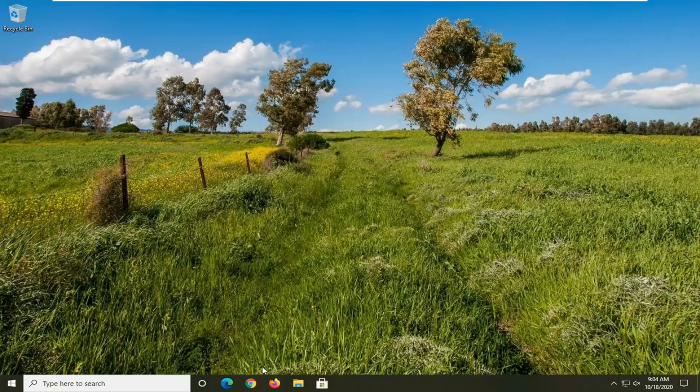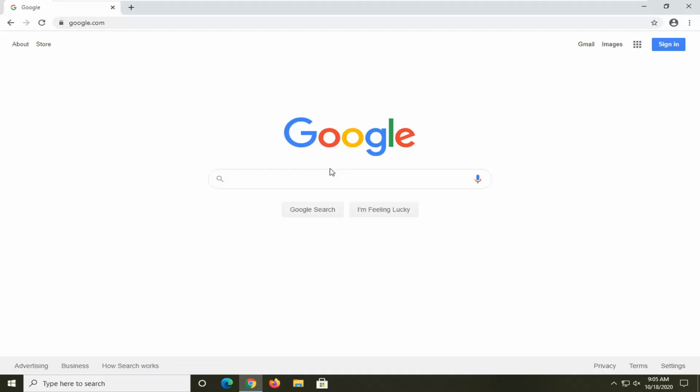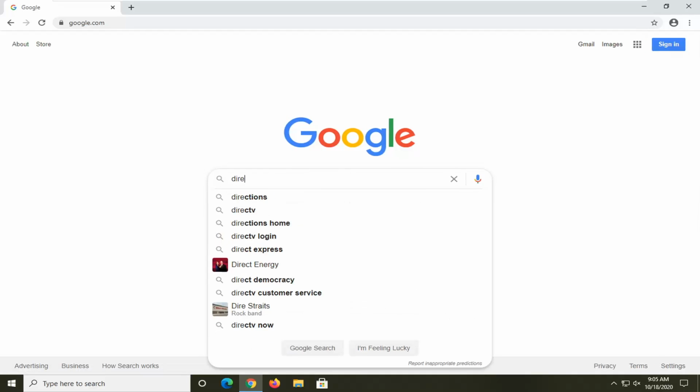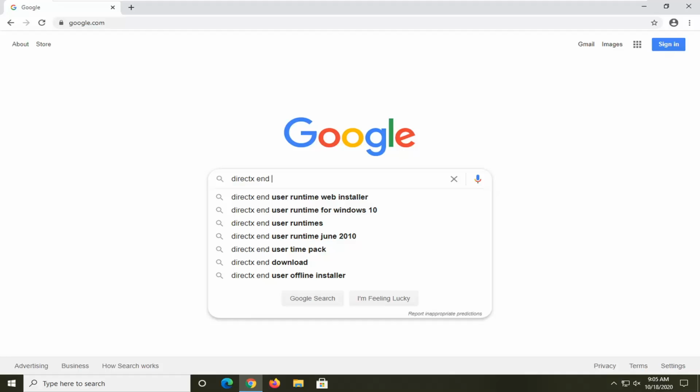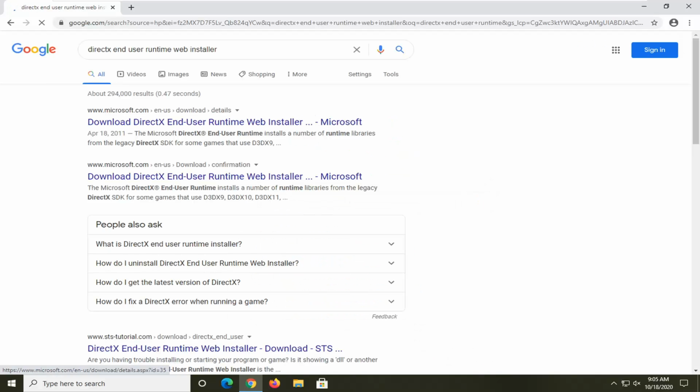We're going to start off by opening up a web browser of our choosing. I usually like opening up Google Chrome for these tutorials, which we're going to make no exception for today. You want to navigate over to google.com, and into Google you want to search up DirectX End User Runtime Web Installer, and just search for that. The best website result should come back with Microsoft.com. You want to make sure you're getting it from the Microsoft domain, and it should say DirectX End User Runtime